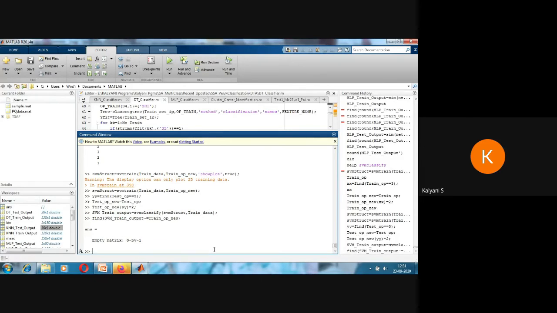So all the samples in the training have been correctly classified. So this is the syntax. For SVM train, you have to give the X matrix as well as the Y matrix. For SVM classify, you give the structure which is built in SVM along with the train data. If you want to give test data, you change it to test data. You have to give only the input data, not the output. Output it will calculate.